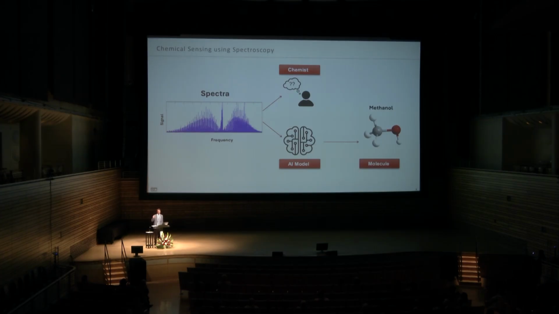If you have taken any physics classes, you'll notice that these are probably rotational and vibrational transitions in the energy levels of molecules. And so, for example, this molecule methanol has a very specific spectra. Traditionally, we would feed something like that into a hardwired code or give it to a chemist, and that person, through their expertise, would say, you've observed methanol. So I want to say now we can at least use AI to observe a single species like methanol quite easily. We'll feed that through some pre-trained algorithm, and we'll use this AI to identify this single molecule methanol. Actually, really not that interesting of a problem. We should be able to use lots of methods to identify one thing.